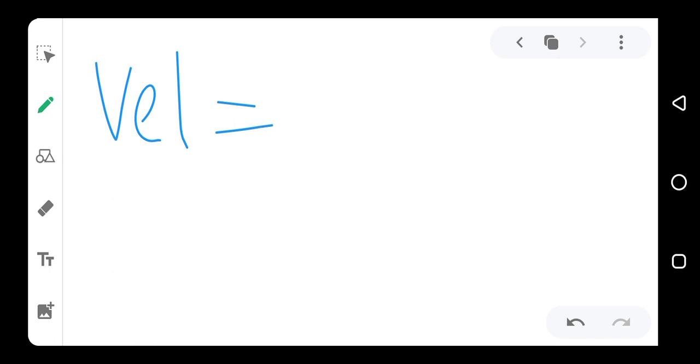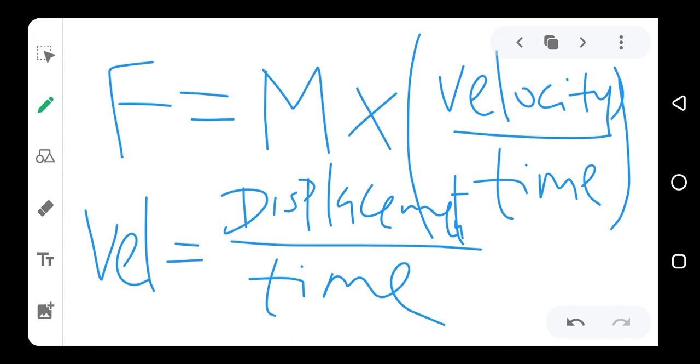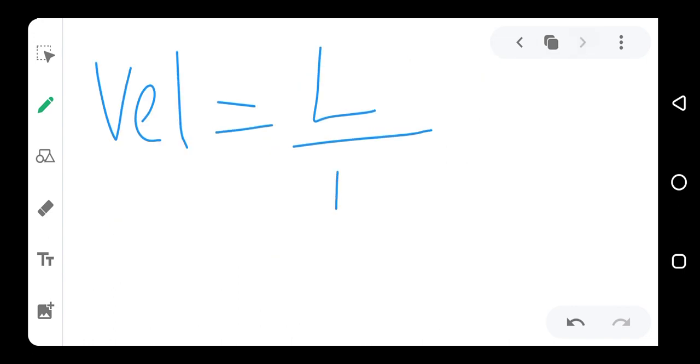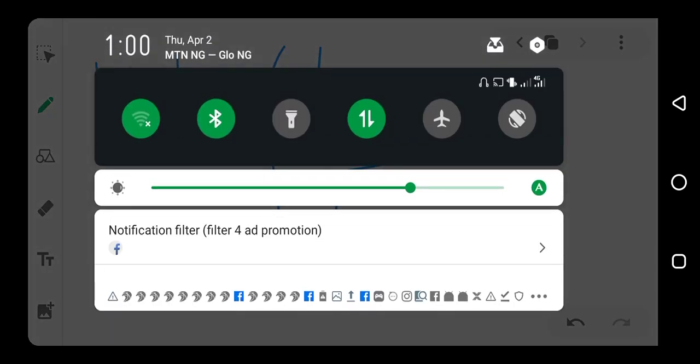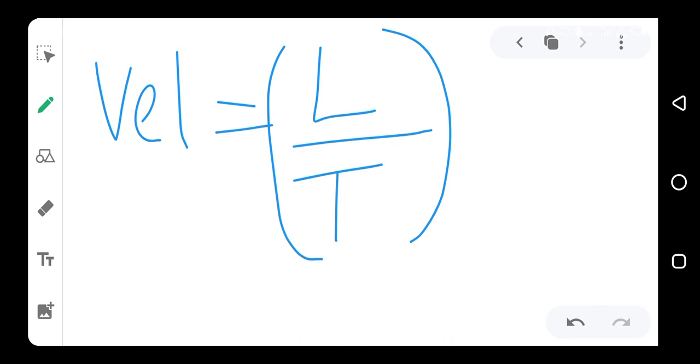Length is represented with capital L, then over time. Time is also a fundamental physical quantity and is represented with capital T. So we put it there. So velocity is L over T. So we use this to put in place of velocity. And so we have